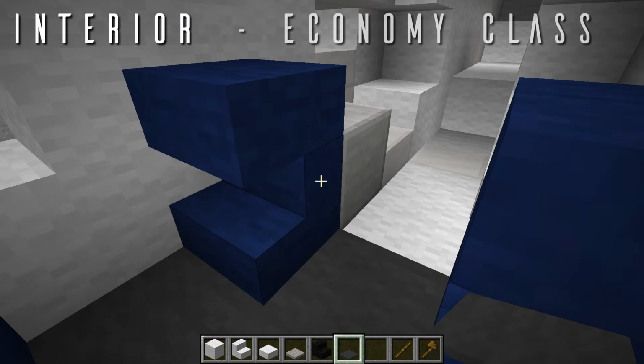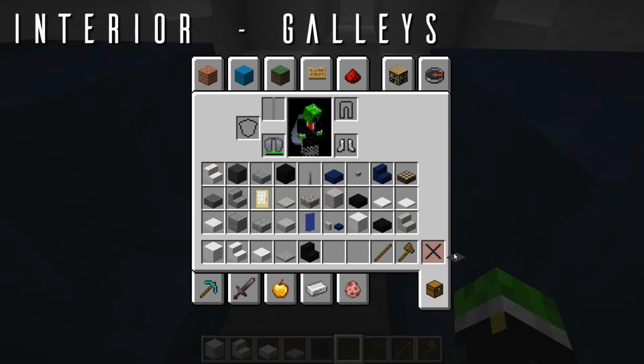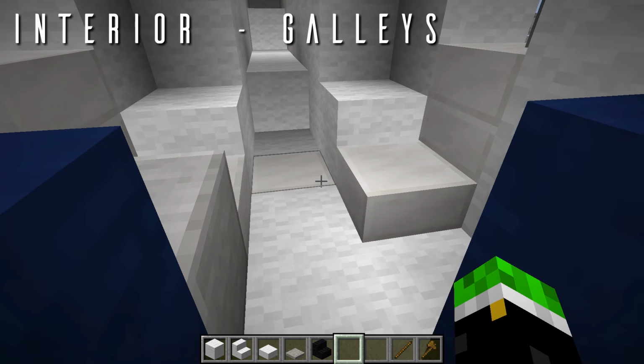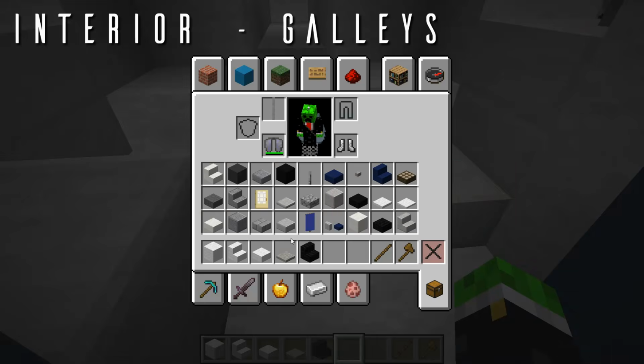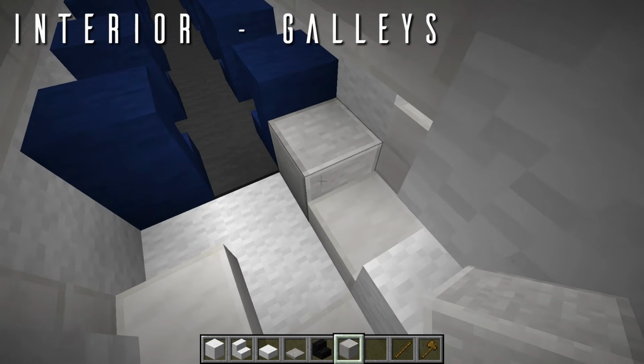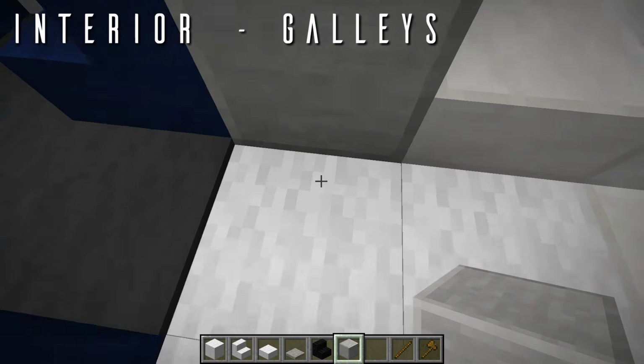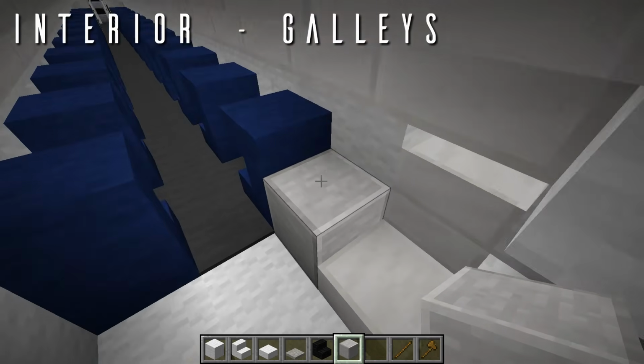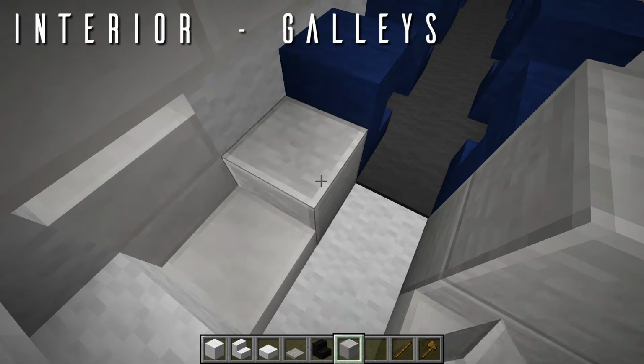So with that, let's move on to the aft galleys right here. Let's grab the smooth stone full blocks. On the right side, we already have one smooth stone full block covering off that vent from the outside right there. We'll place one more on top of it, and then two going up on the left